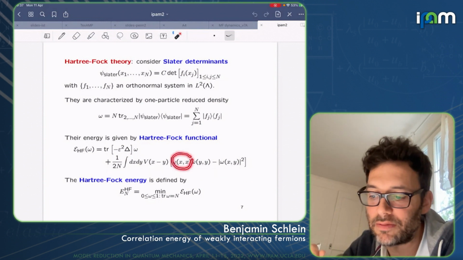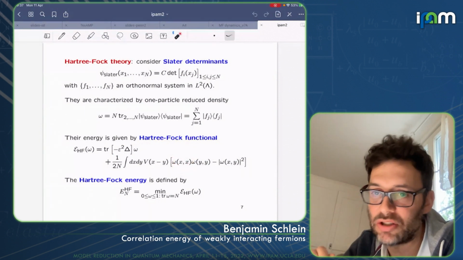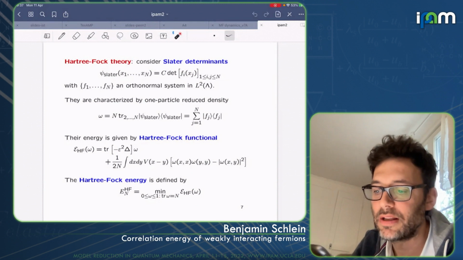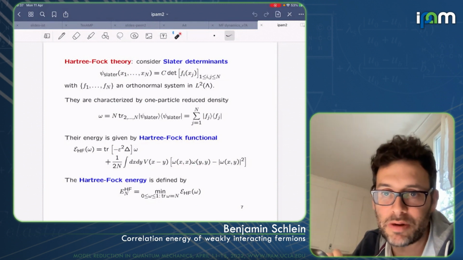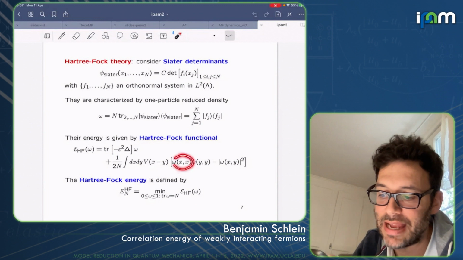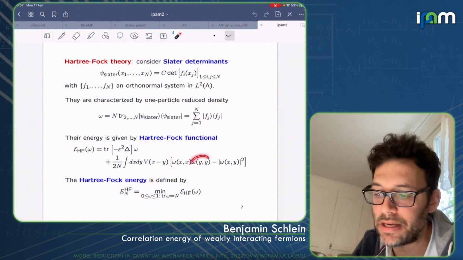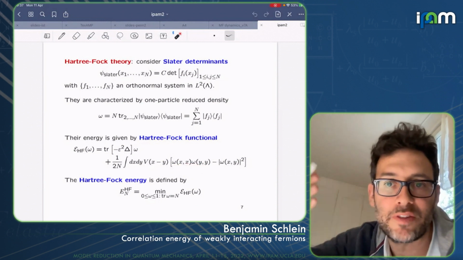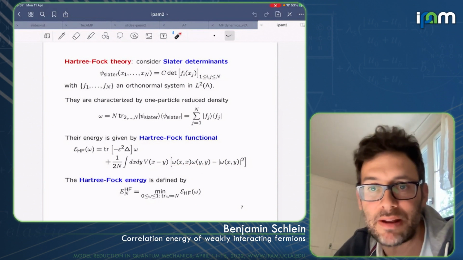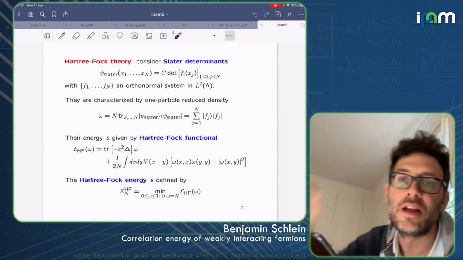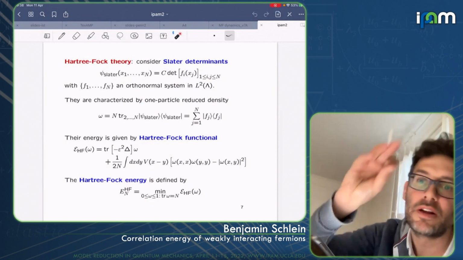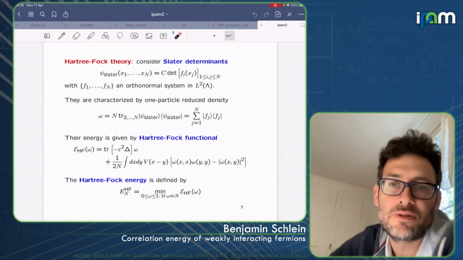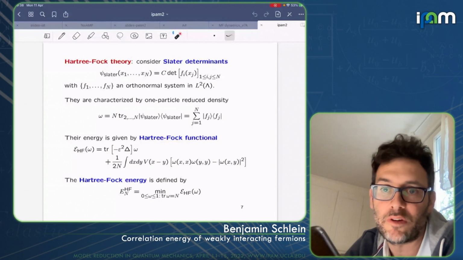So there are two terms in the potential energy, like Fock already showed in his talk. The first one is the direct term, right? Omega(x,x) is the density of particles at the point x, omega(y,y) is the density of particles at y. So this is what you would get if you think of these particles as being independent. So how do you compute the potential energy? You count how many particles you have here, you count how many particles you have there, you take the potential of these two particles and you integrate over all possible positions of the particles.